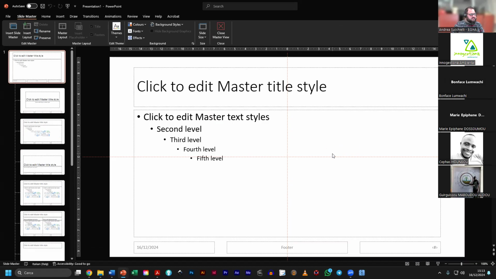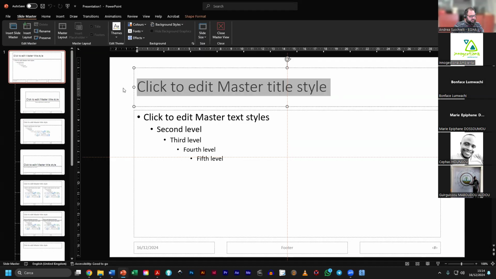This is a slide layout that is not available in the empty template, but decides the main style of the whole presentation. So it means that if I select here the click to edit master title style, I